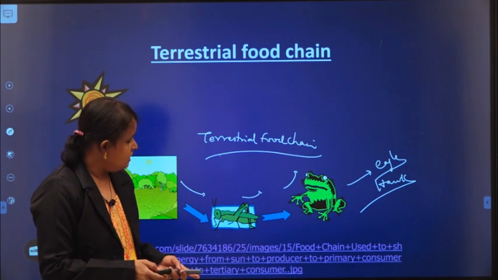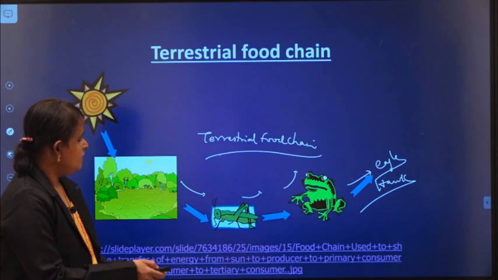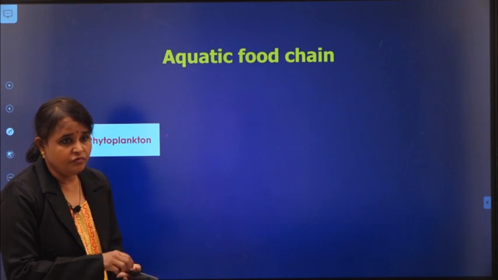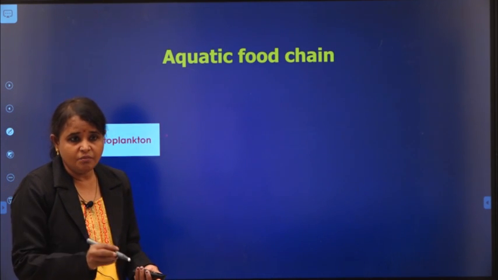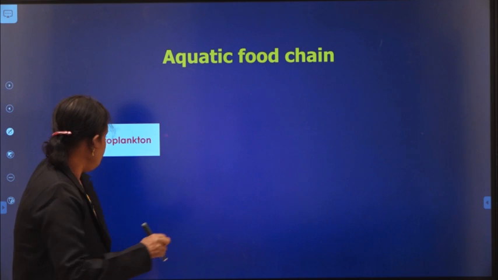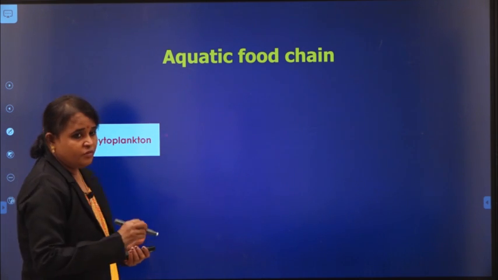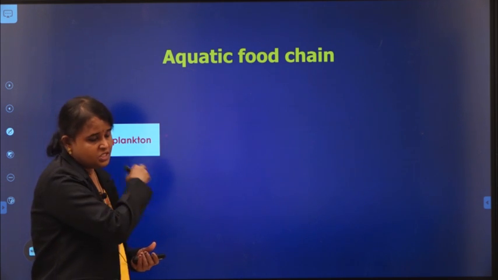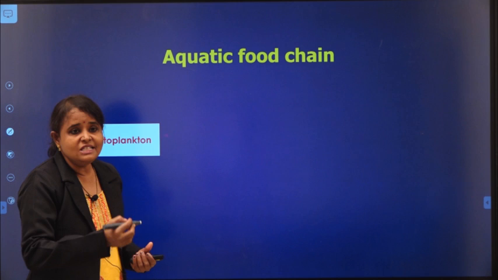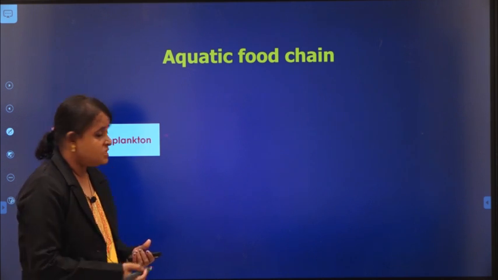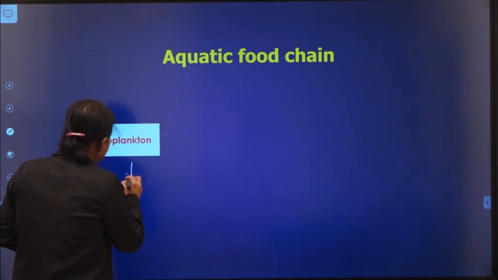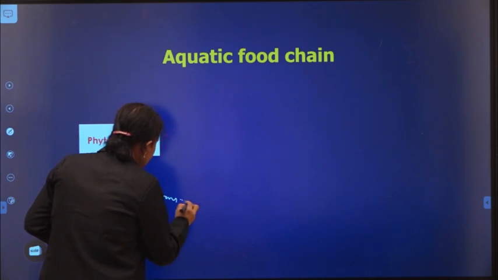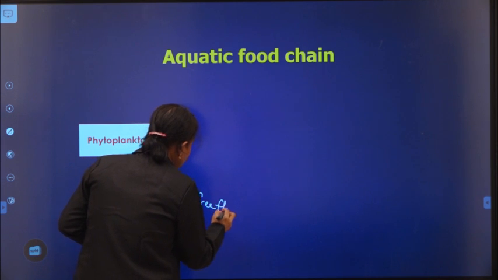Okay, so now you can see this is an aquatic food chain. What I told you about aquatic food chain is that we have to give an example of a food chain in water. Now I can give a common example for this. Whatever they may give you for an aquatic food chain, this is the common example, because the energy always transfers from the plants. So here, phytoplankton. I told you planktons means free-floating organisms.